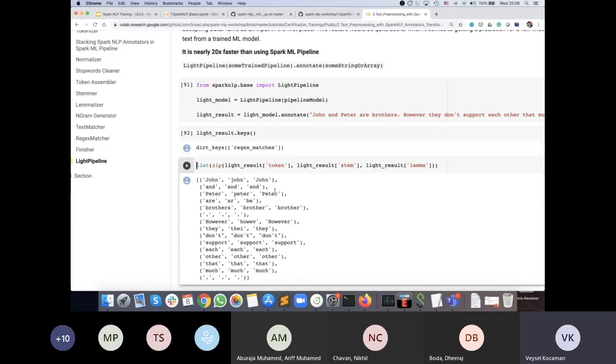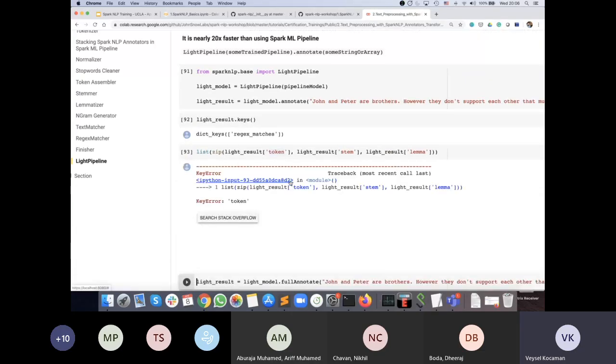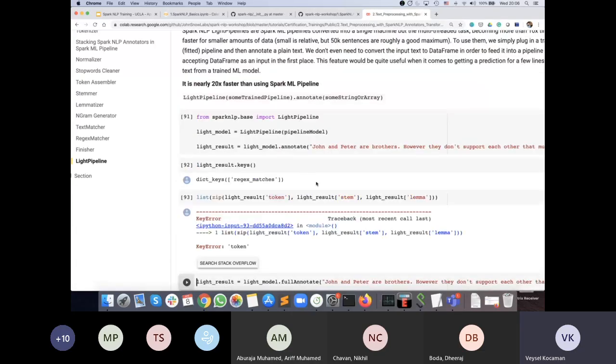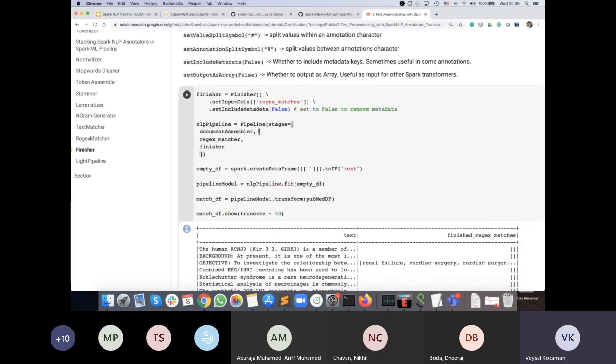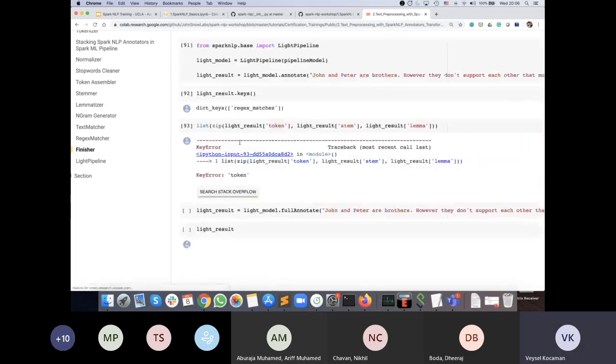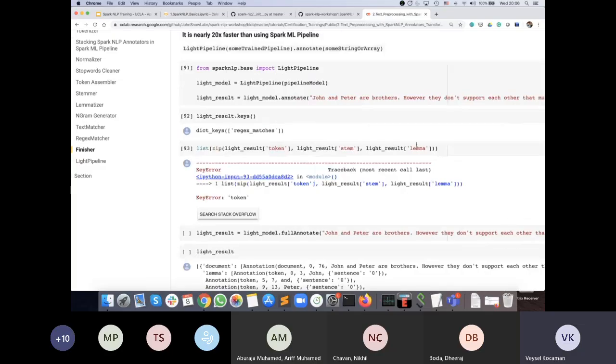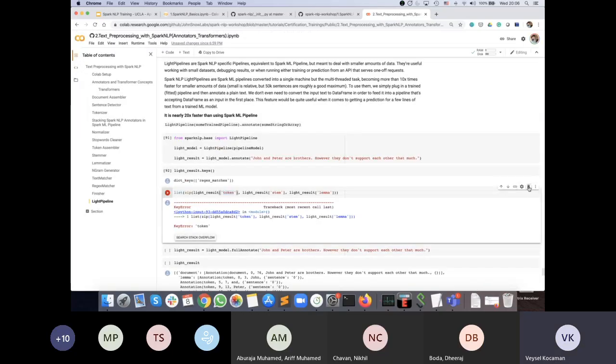You remember from the previous lesson. So it says that there's no token because in the pipeline model we didn't use a tokenizer, which means I don't need this comment actually because it's useless anymore. I can just write